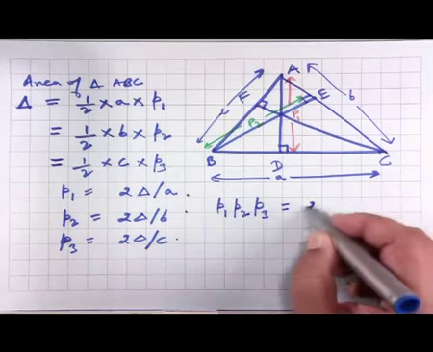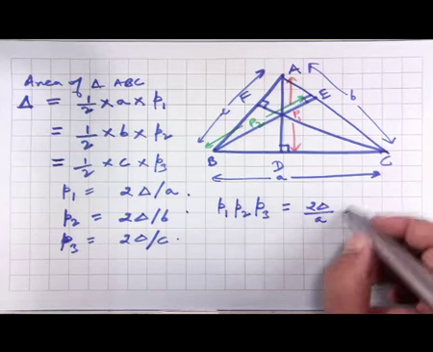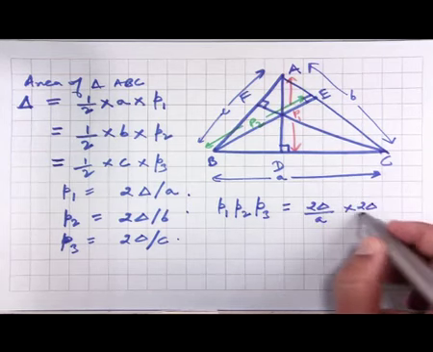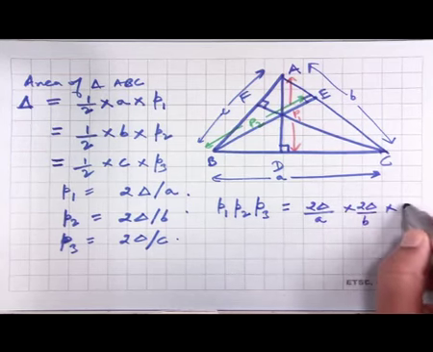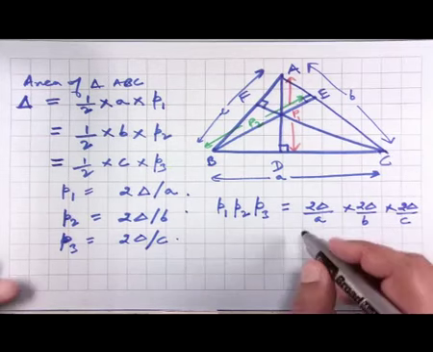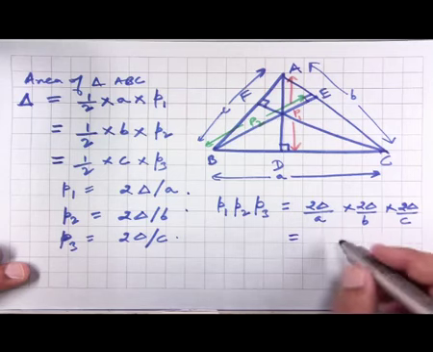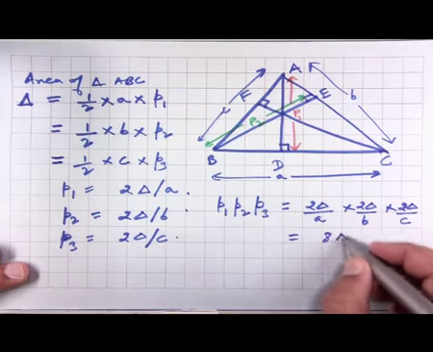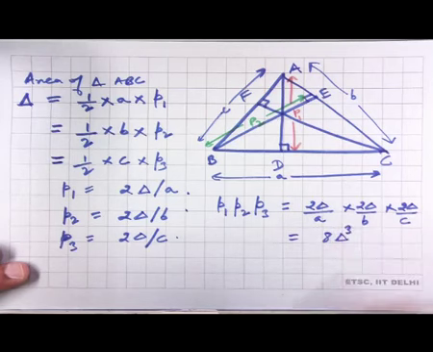So, it is equal to 2 delta by A times 2 delta by B times 2 delta by C, which is equal to 8 delta cube